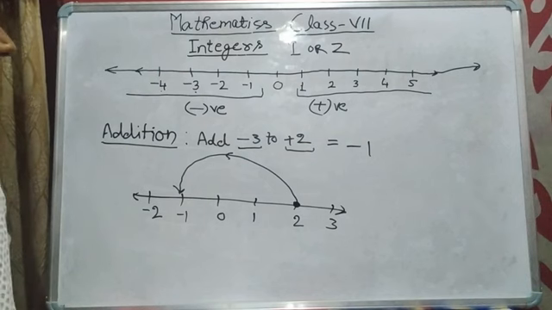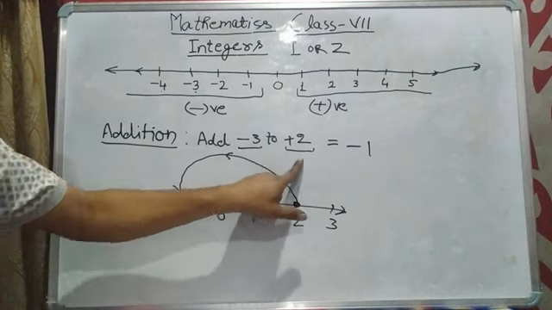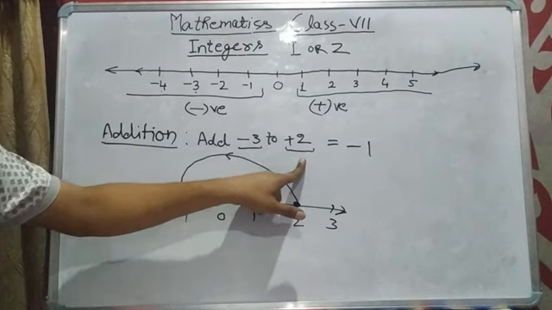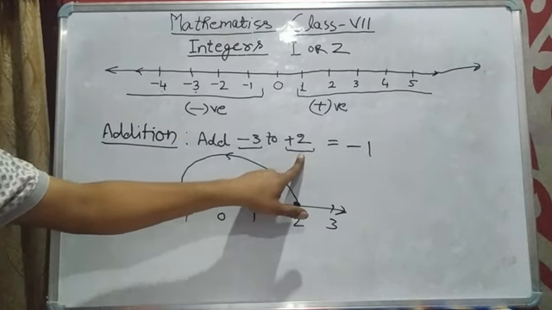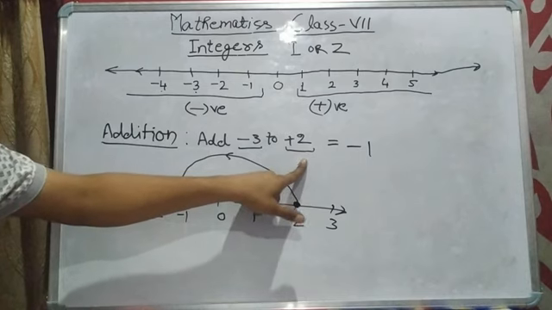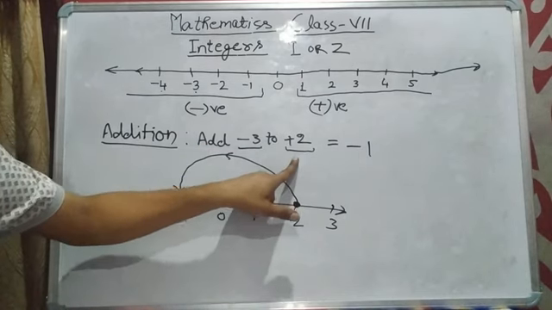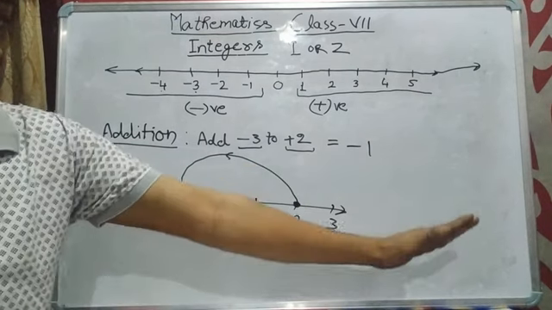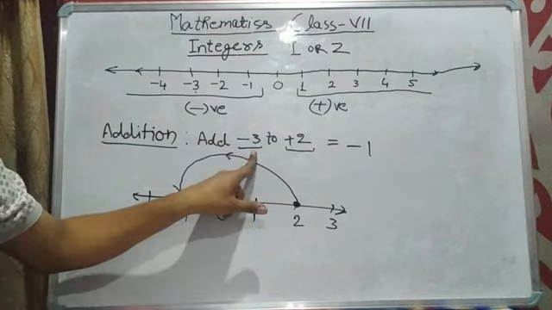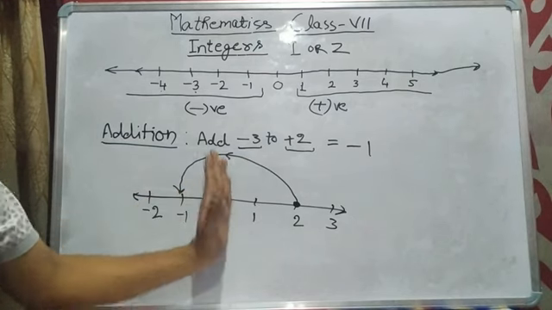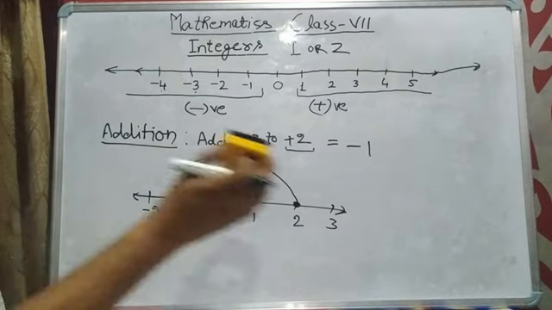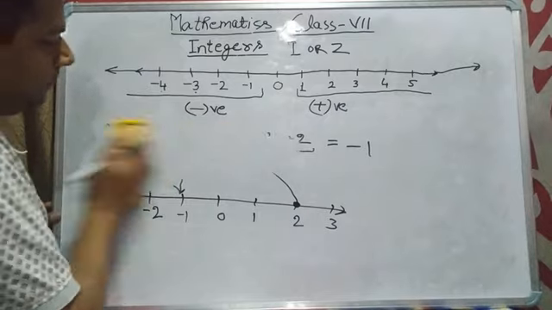So dear students, in this way, we will do the addition. Both positive values, both negative values, or one negative and one positive, then easily we can do. Whatever is given here, we have to start from there, because we are to add this one to this one. This is important. Whether we go left or right depends on the sign. If the sign is positive, then we will go right side. If the sign is negative, then we will come left side. Hope so clear?